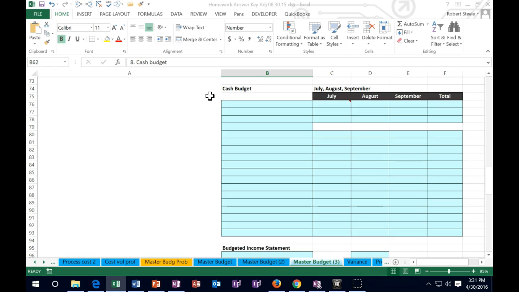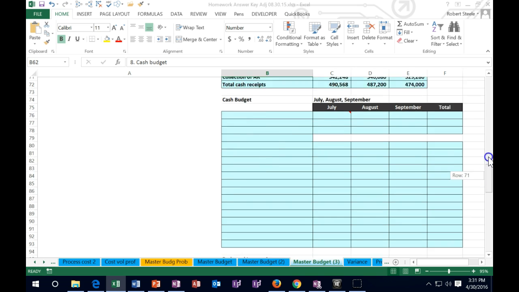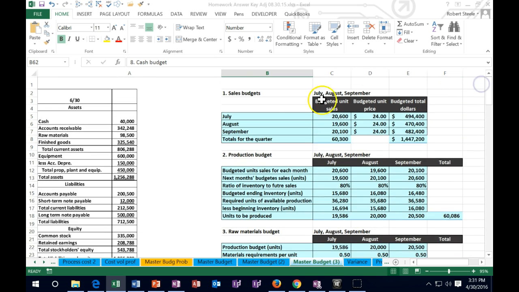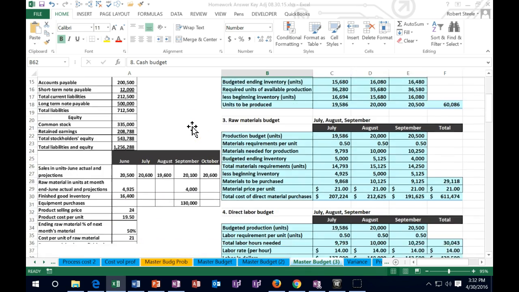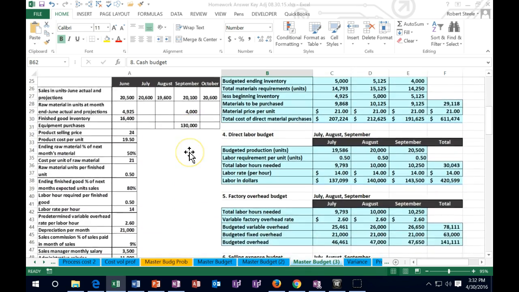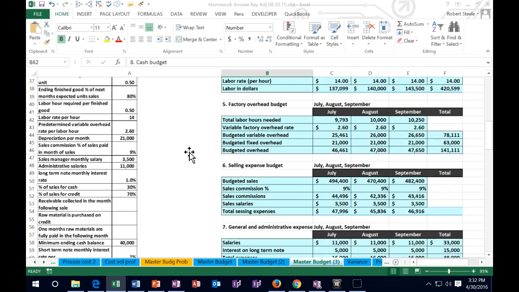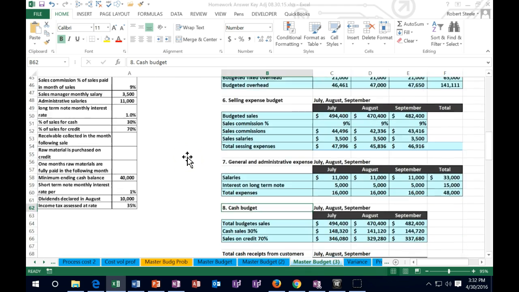Hello, in this lecture we're going to continue on with the master budget by completing the cash budget. So let's take a look at everything we've done so far. Just a quick recap. We do need to do these things in some type of order in order to complete them properly. We have to start off with the sales budget so that we can then do the production budget, the raw materials budget, the direct labor budget, the factory overhead budget, the selling budget, and then we have the